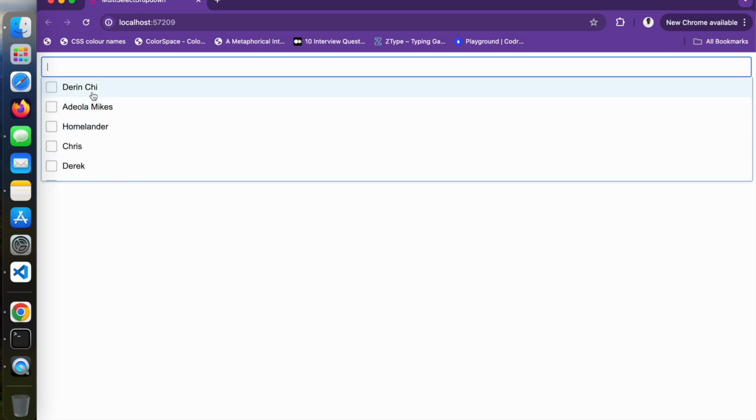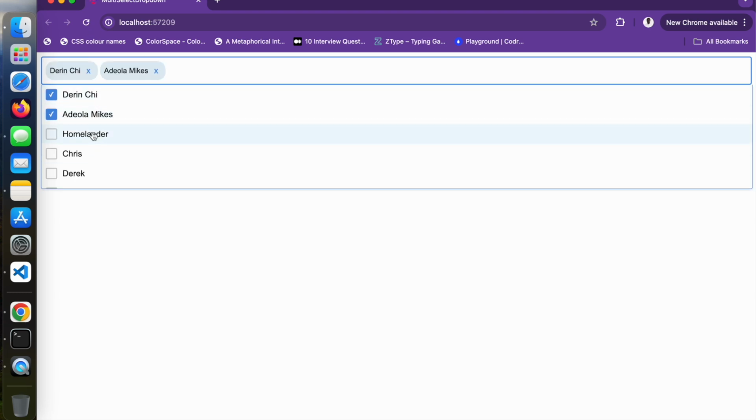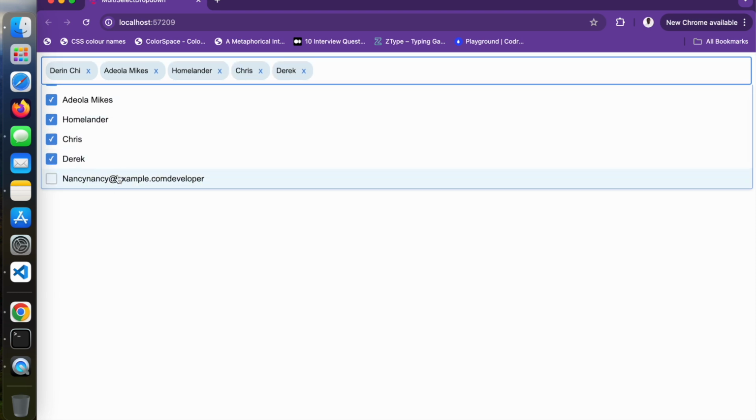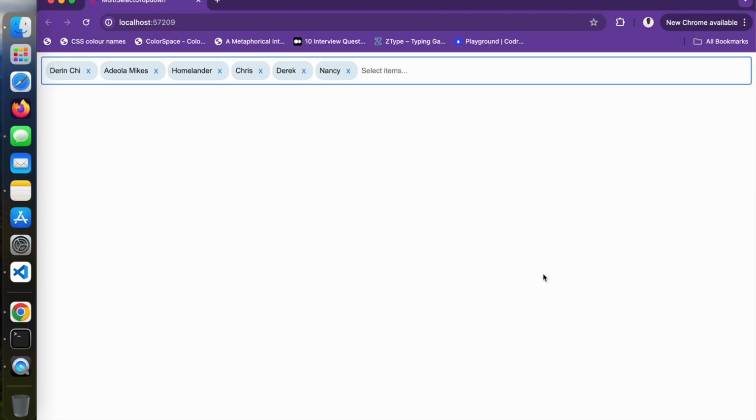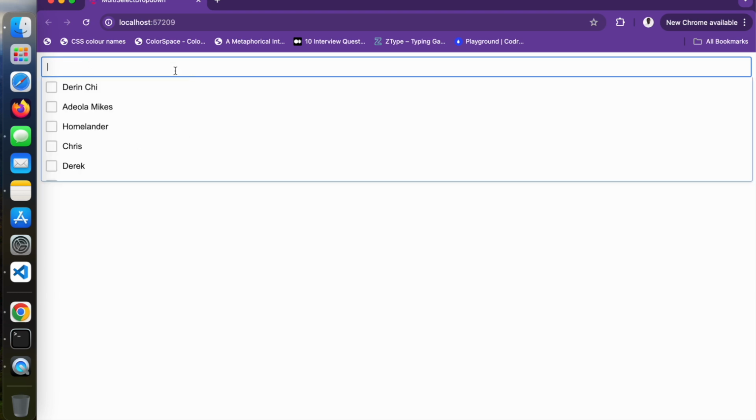Okay, so we're good. You can see right here, when you select, okay, you can see the items, and you click outside, it's gone. You can also remove an item that has been selected. Okay,